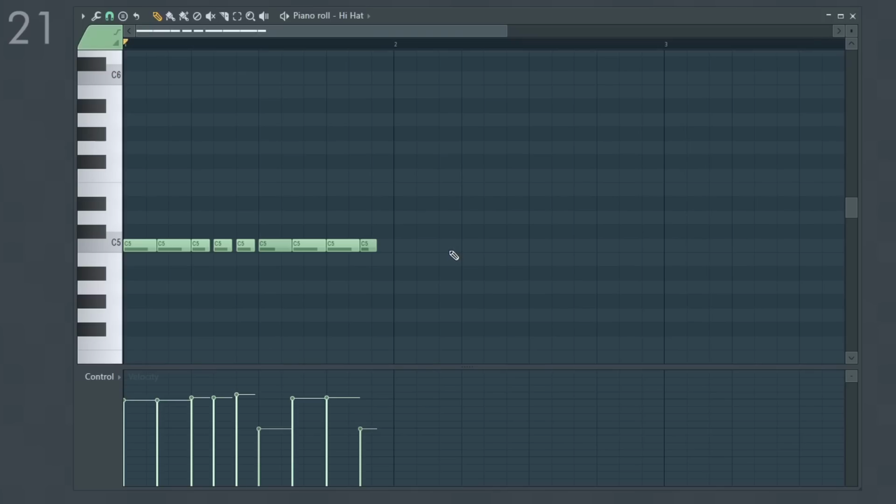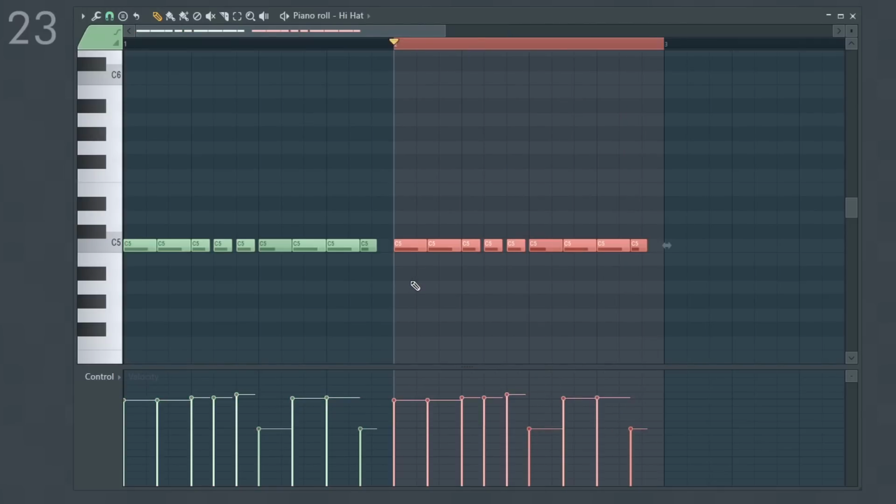Now if you've built a 1-bar loop for your drum pattern and you want to quickly turn it into a 2-bar loop, maybe to make some more variations across a longer drum loop, one way you could do this is by going into each pattern's piano roll, highlighting your entire pattern by hitting Ctrl and A, and then duplicating by hitting Ctrl and B. This will duplicate your pattern out, but as you may have picked up on, doing this one by one for all of your sounds might get tedious,